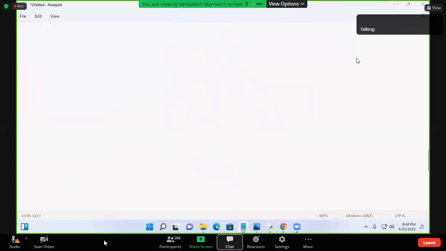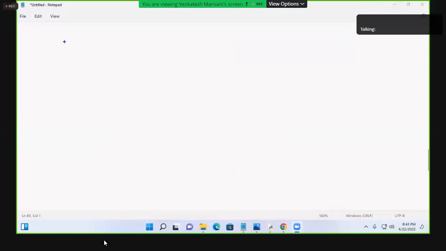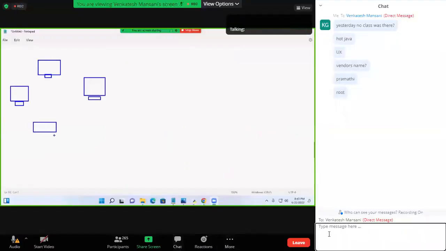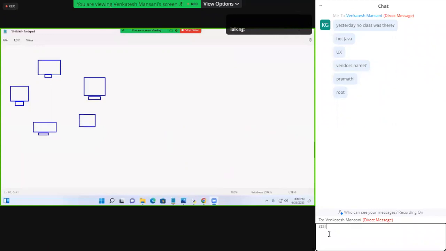Now, World Wide Web we are calling. Actually, network topologies are there, no? Network topologies. Suppose 5 computers. If you connect together, 5 computers, if we connect together, the connection style is called topology. These 5 computers' connecting style. Suppose if it is connected like this,